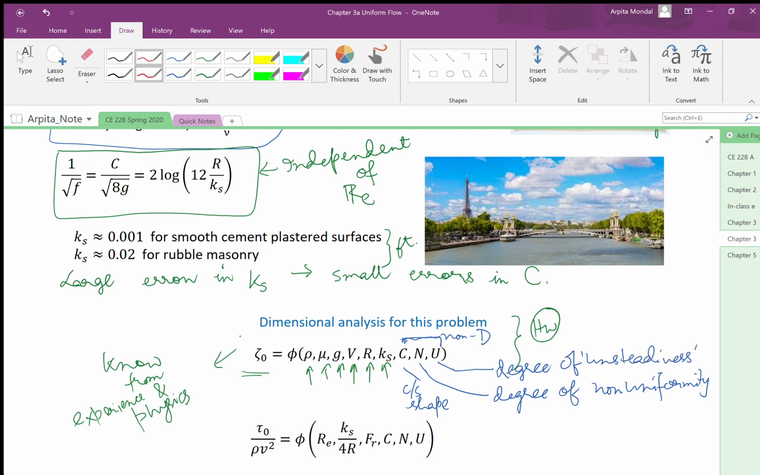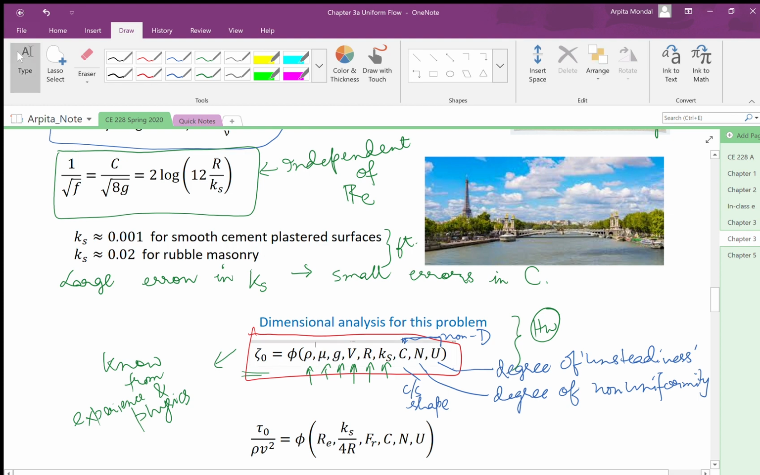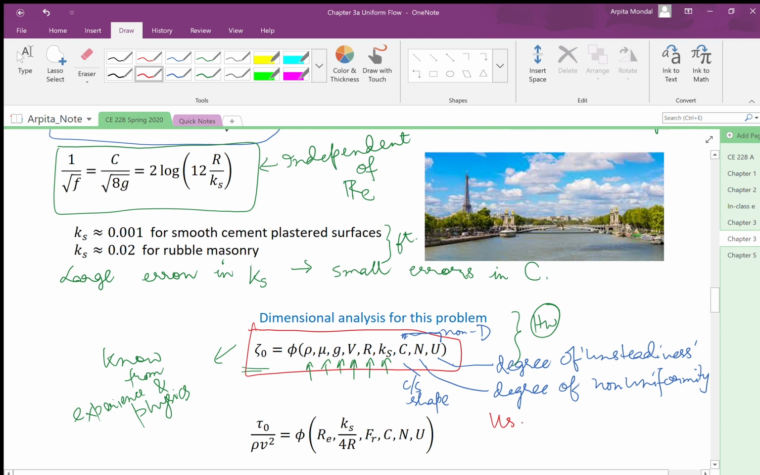So this relationship between tau naught and all these parameters is generic in nature. It applies to non-uniform and unsteady flows also. And we are going to derive, and this is a homework for you. So you are going to derive using Buckingham's pi theorem the relevant non-dimensional quantities. And when you use Buckingham's pi theorem, eventually you will end up with this relationship where